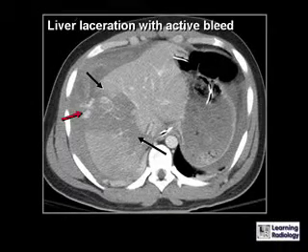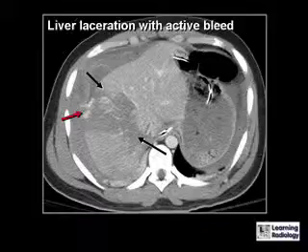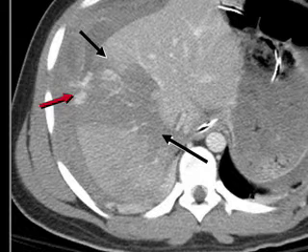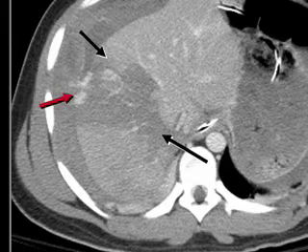This is a liver laceration with active bleeding. The black arrows are pointing to wedge-shaped defects that traverse the liver that represent the liver laceration. The red arrow is pointing to contrast, which is seen to be extravasating from vessels at the periphery of the